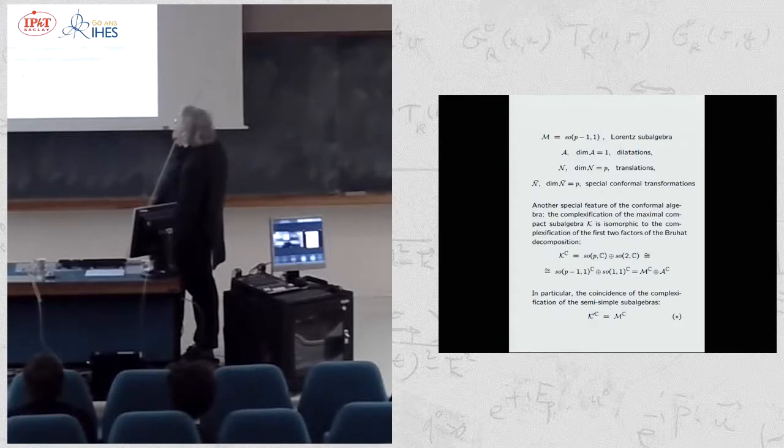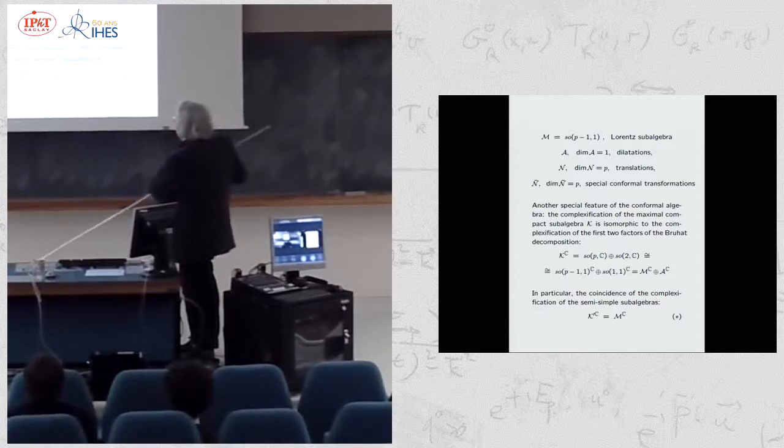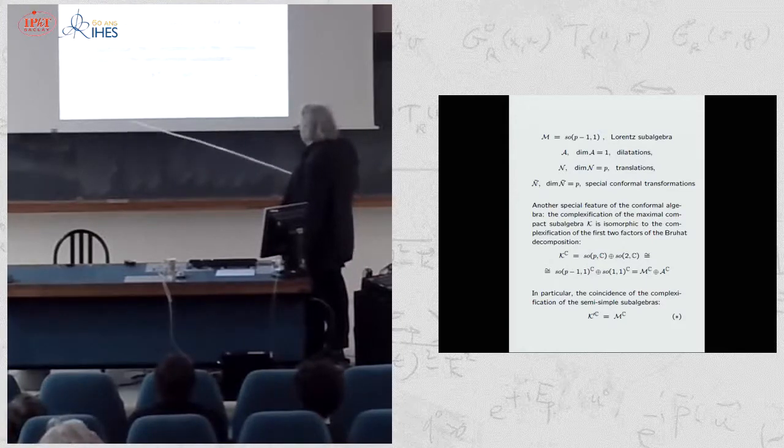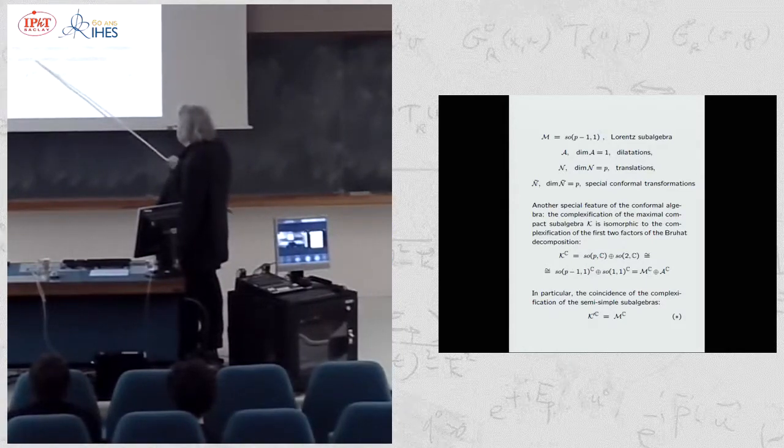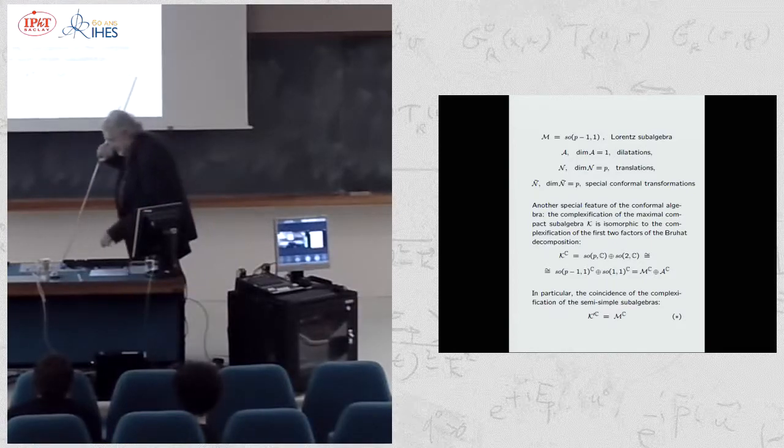This Lorentz subalgebra, dilatations, translations, special conformal transformations. But what I'm interested in now is a special feature of the conformal algebra, that the complexification of the maximal compact subalgebra is isomorphic to the complexification of the first two factors of the Bruhat decomposition. And in particular, the coincidence of the complexification of the semi-simple cases, this is K prime, the piece from the maximal compact, and M is the complexification of the Lorentz. This coincidence